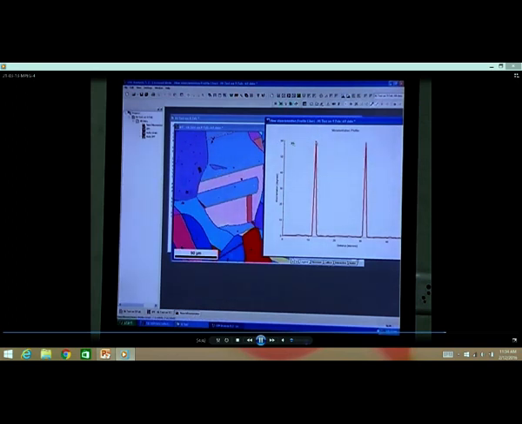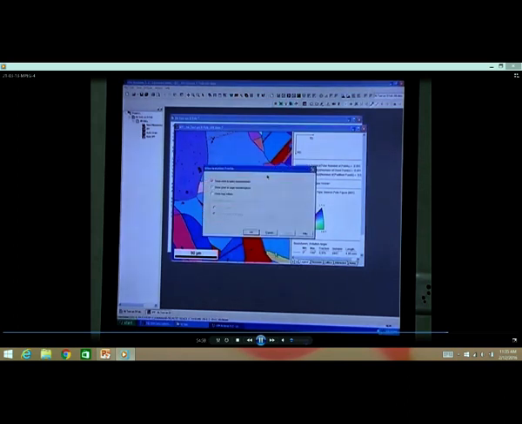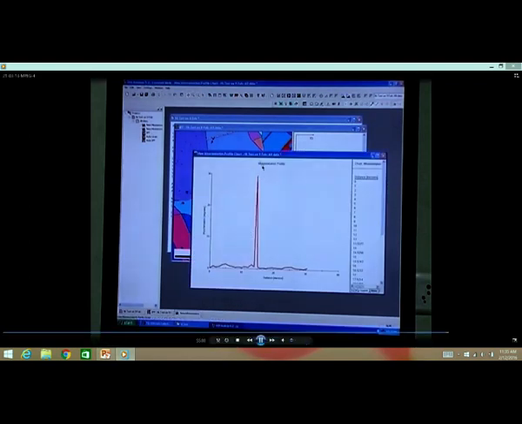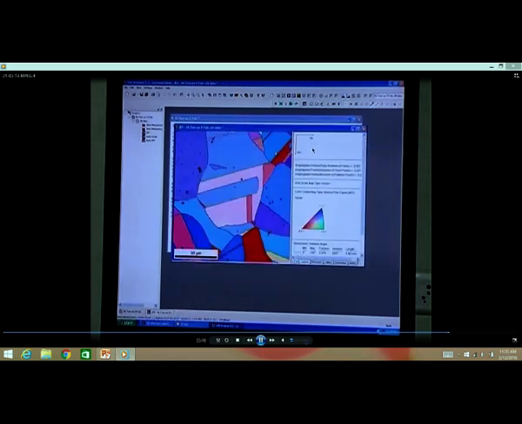You can see that the misorientation angle between these two is about 60. So, he confirmed this as a twin. So, you can readily understand the misorientation between the two boundaries. So, these boundaries are characterized as twin boundaries. On the other hand, if you do a scan here and this is only about 30 degrees, then definitely it is not a twin boundary.